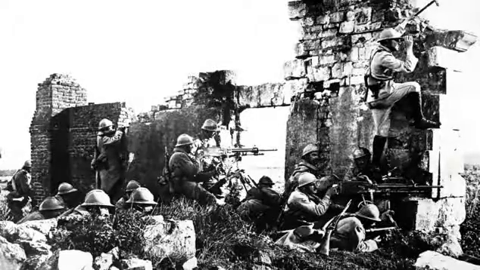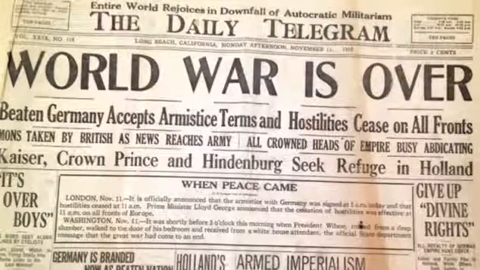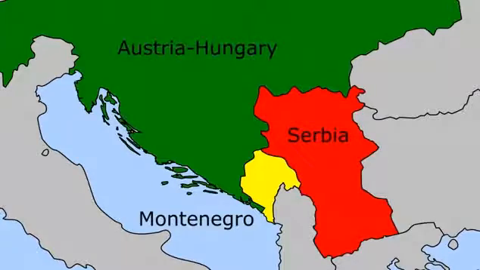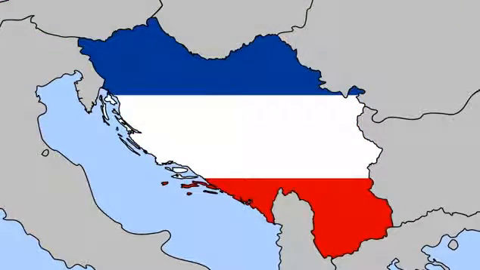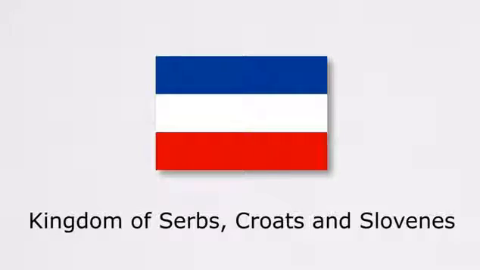Well, before we look at why it split up, let's first look at how it came to be. For this, we need to go back to 1918 and the end of World War I. Yugoslavia was created from the Kingdom of Serbia, the Kingdom of Montenegro, and what used to be territories of the Austro-Hungarian Empire. The country was originally called the Kingdom of Serbs, Croats and Slovenes, but later changed its name to